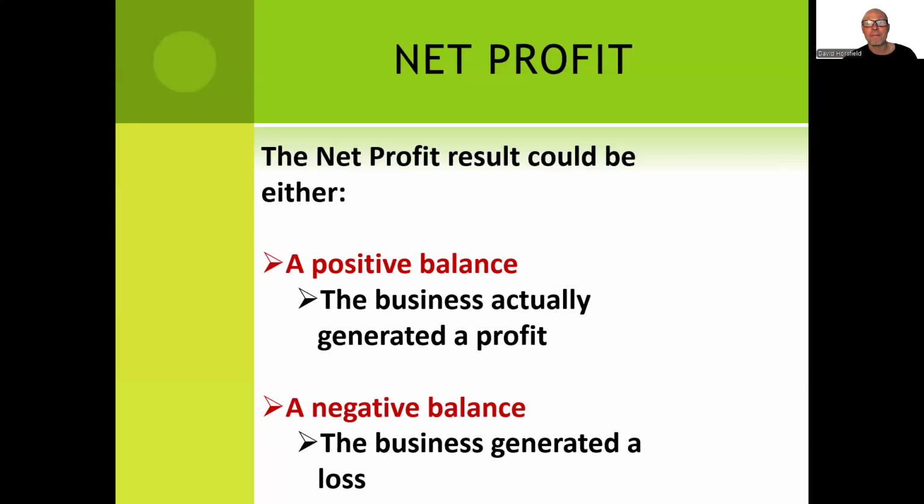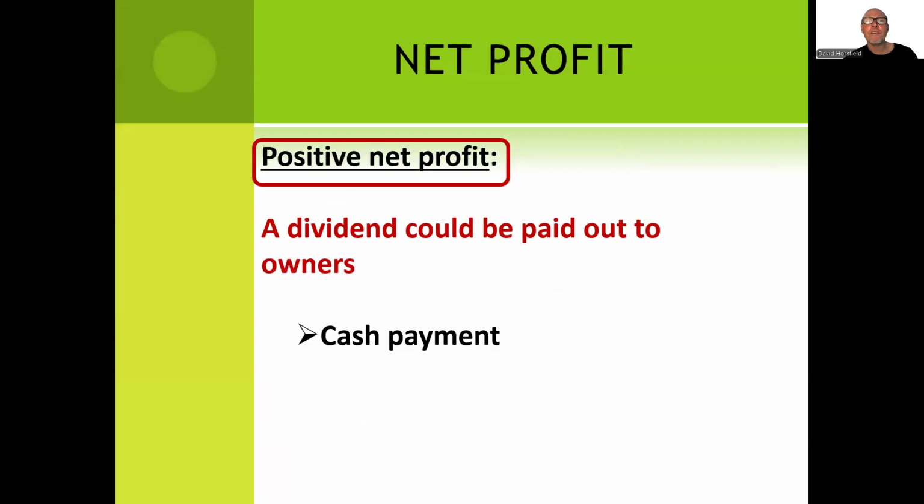Right? Think about that. Now, if we've got a positive net profit left over in the business, what do we do with it? Well, the business owner could say, hey, I want that. Pay me a cash payment out of the business in the form of what's called a dividend. So net profit, we could take that net profit because we've already paid our expenses. That's money that's left. A dividend could be paid out to the owner, a cash payment. We would need to have a journal entry that would transact and record that so we knew where the money